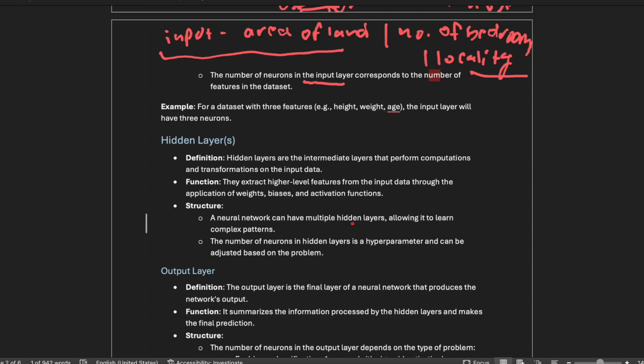A neural network can have multiple hidden layers, allowing it to learn complex patterns. The number of neurons in hidden layers is a hyperparameter and can be adjusted based on the problem. A neural network can have multiple hidden layers. You already know there can be many layers in it. If we are making a custom model, then we can add